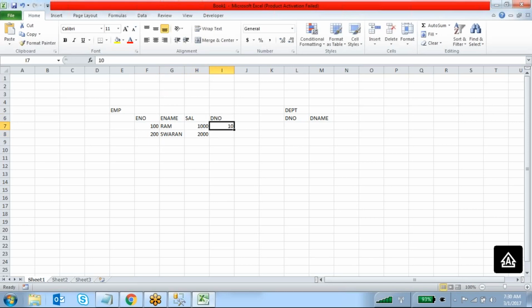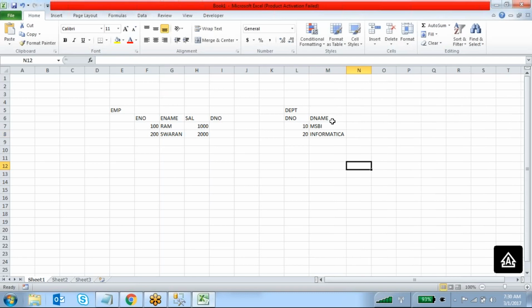I will let you know the departments later. So I have two departments, MSBI and Informatica. These are the two departments I have.